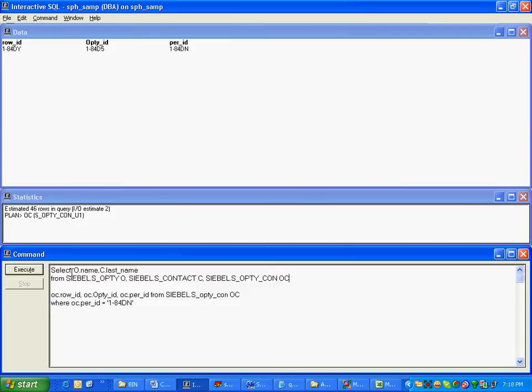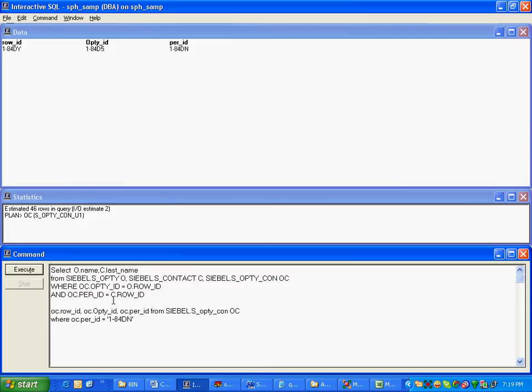Okay. Now let's put the conditions. Where? What were the conditions? OC dot opti ID equal to O dot row ID, and OC dot per ID equal to C dot row ID.